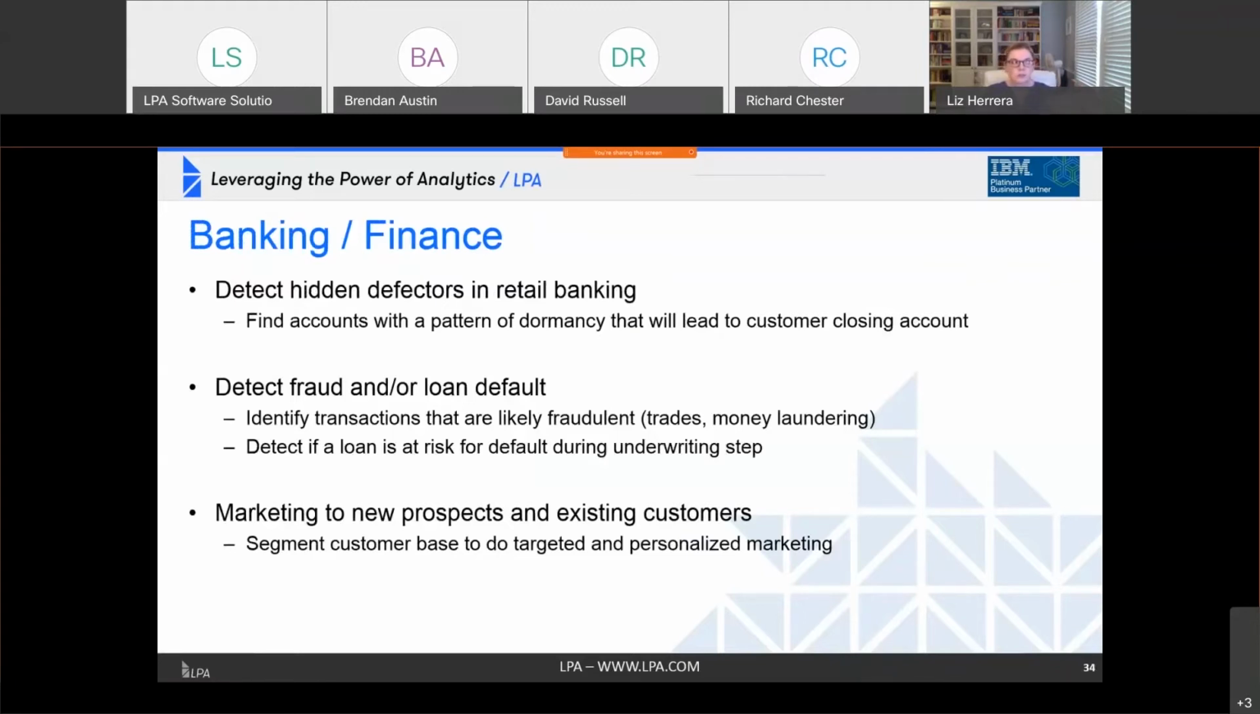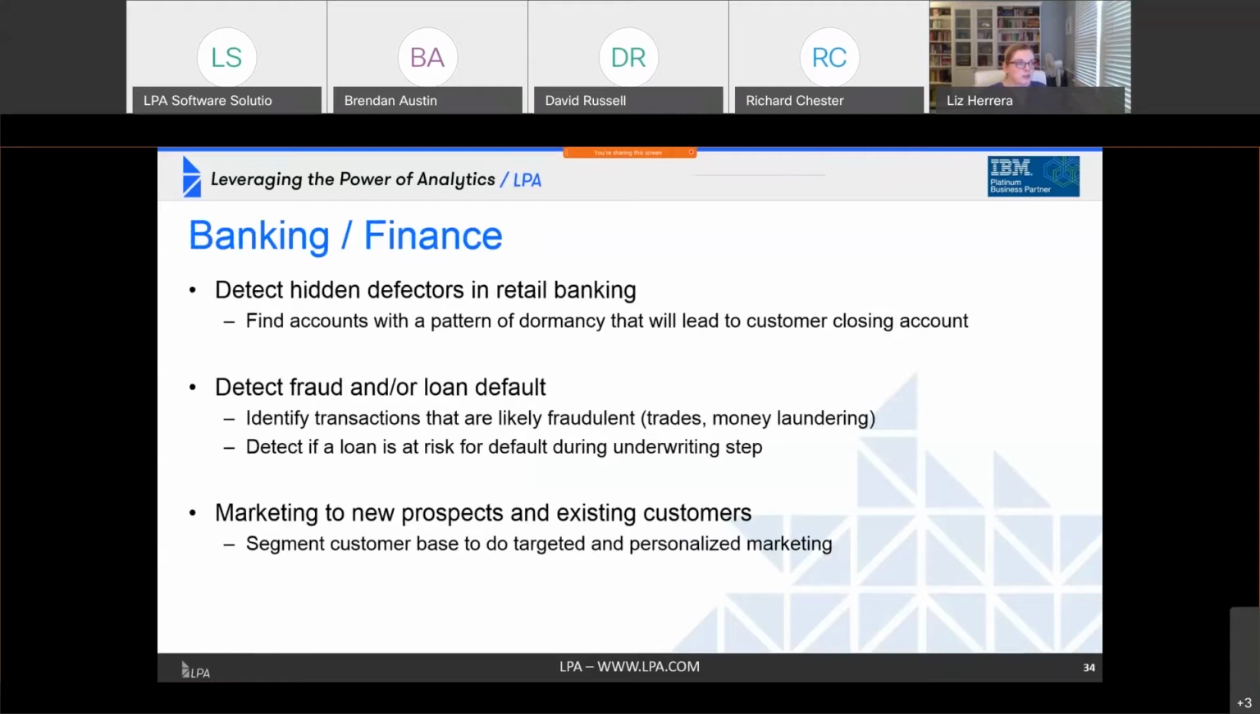Right, these are real client opportunities that we've assisted our clients with, these use cases. The first example is in banking and finance. So 3 different examples. The first one is detecting hidden defectors, which is an interesting term, but essentially what this